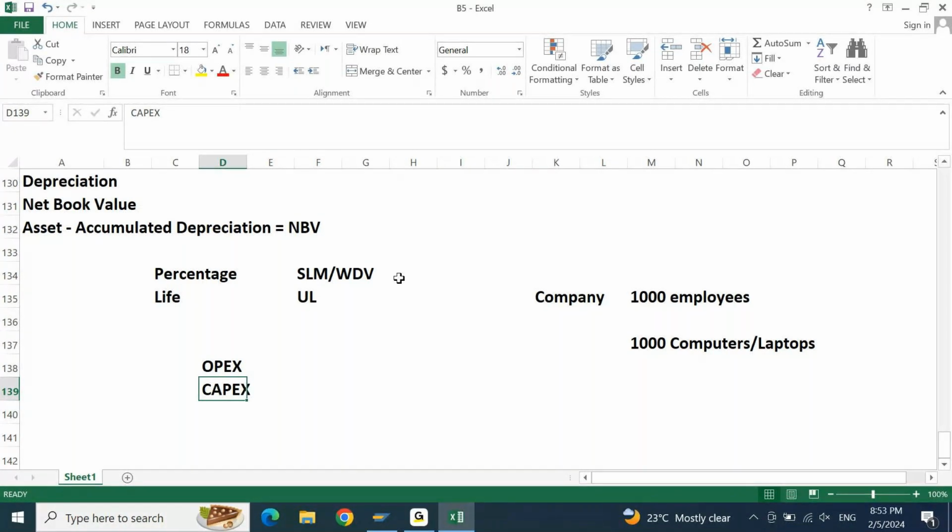Point number one, because I used it. Point number two, I purchased it last month, but I did not use it. I have not even opened the box. The seal I did not open, but the warranty of this asset had already started from last 1 month.